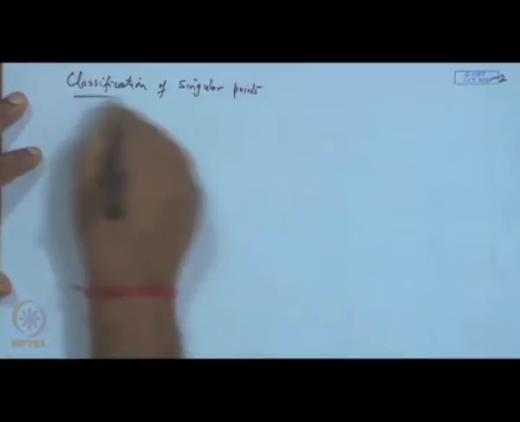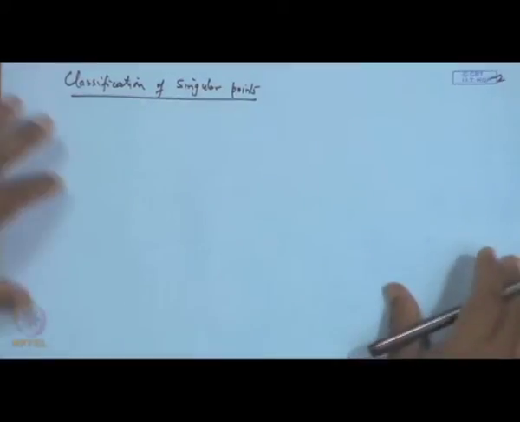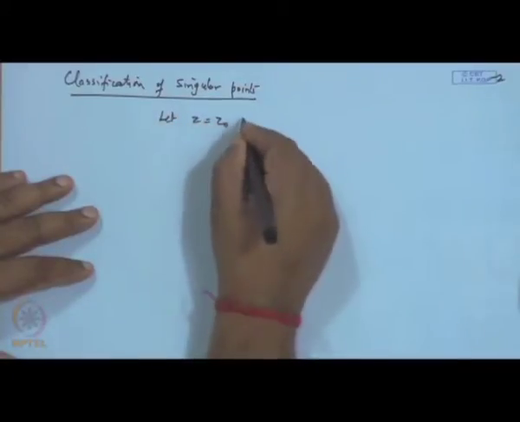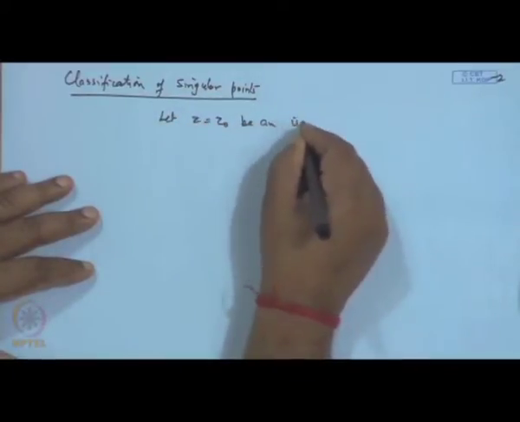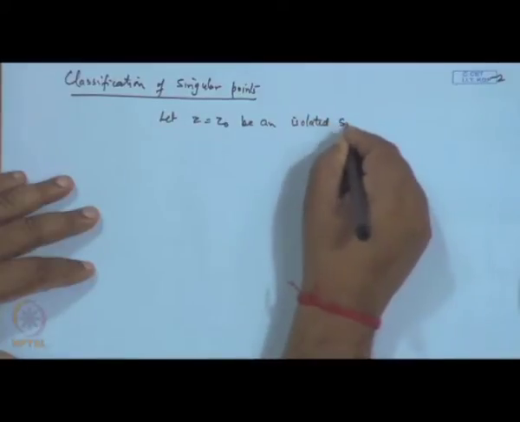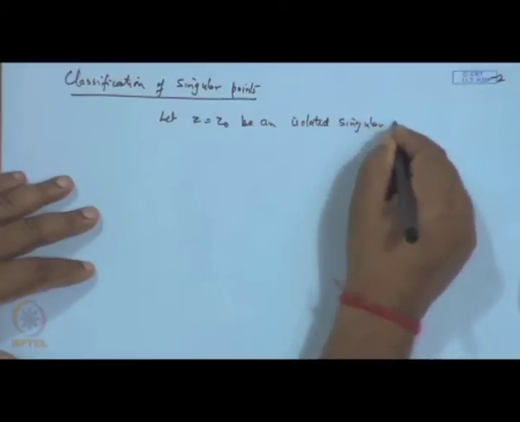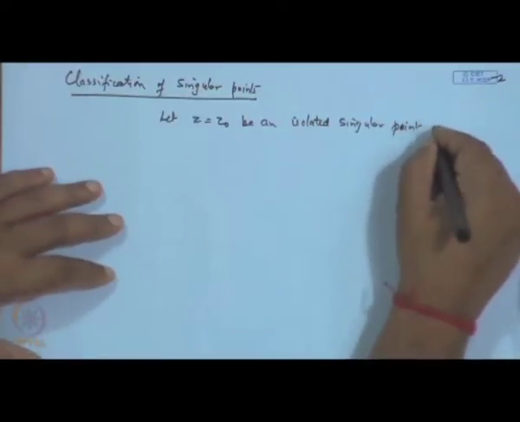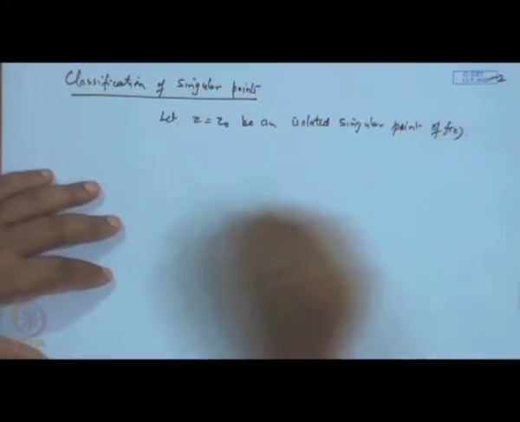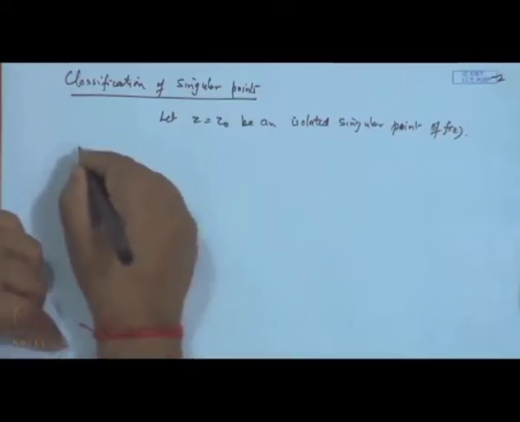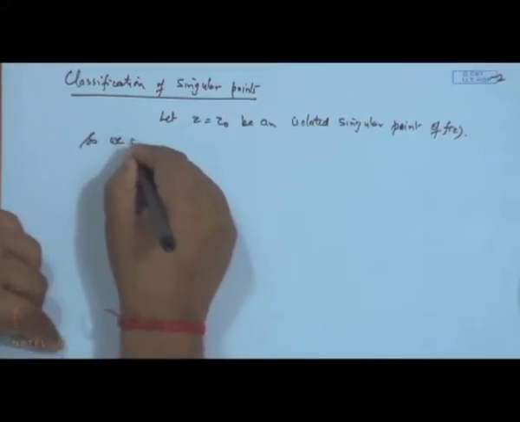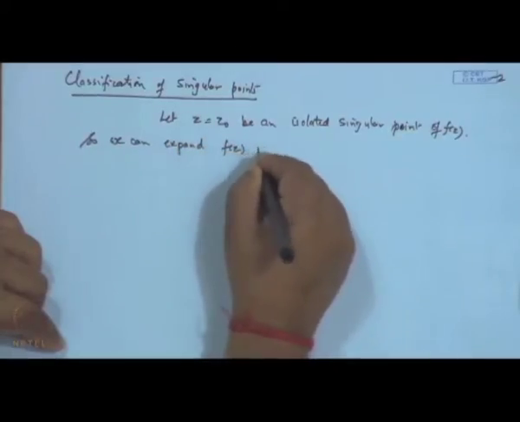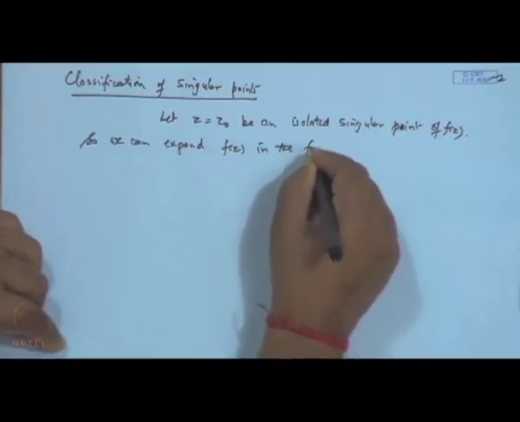Singular points. Let us suppose z equal to z naught is an isolated singular point of the function f(z). So, we can expand this function f(z) in the form of a Laurent series